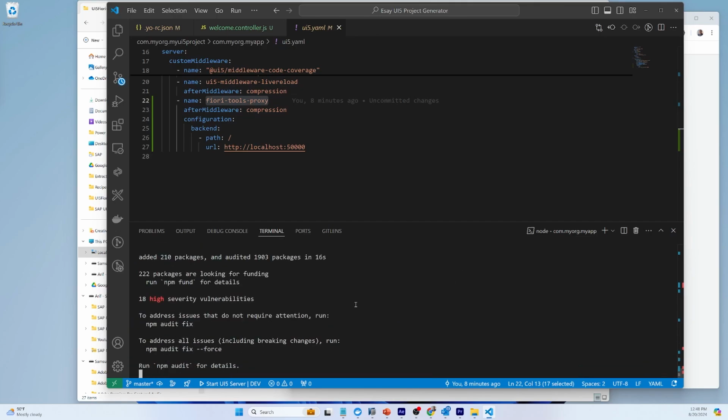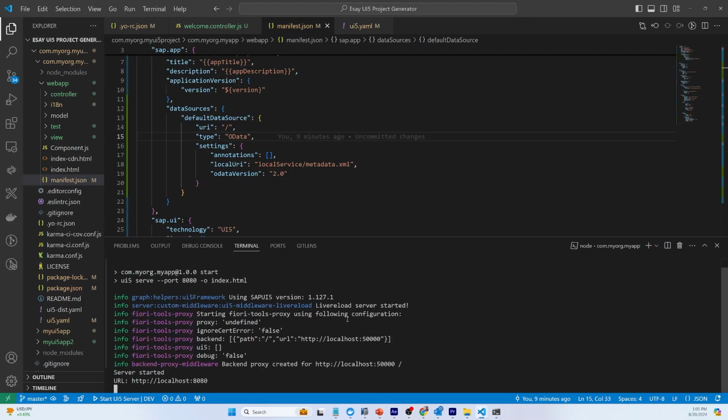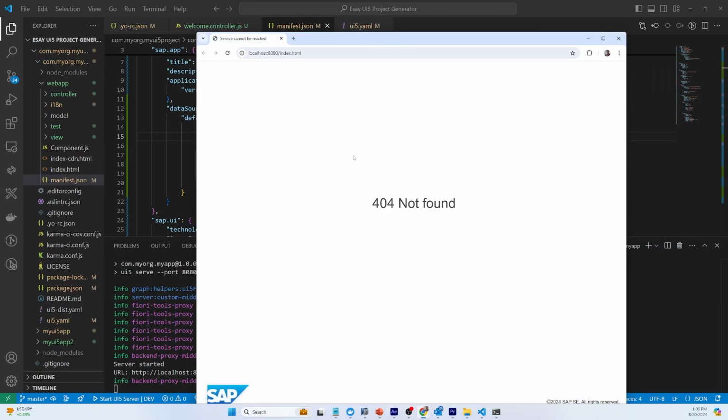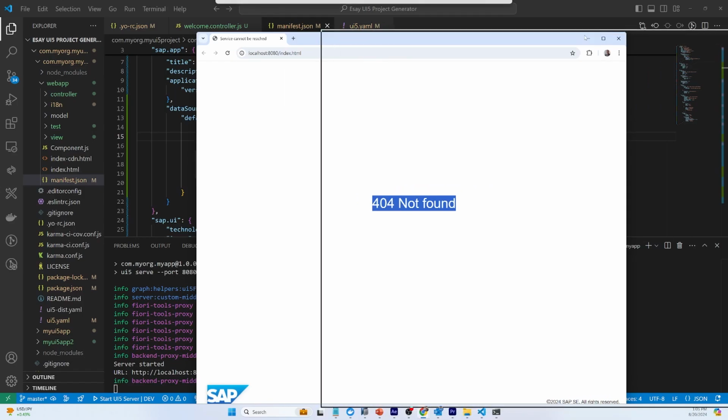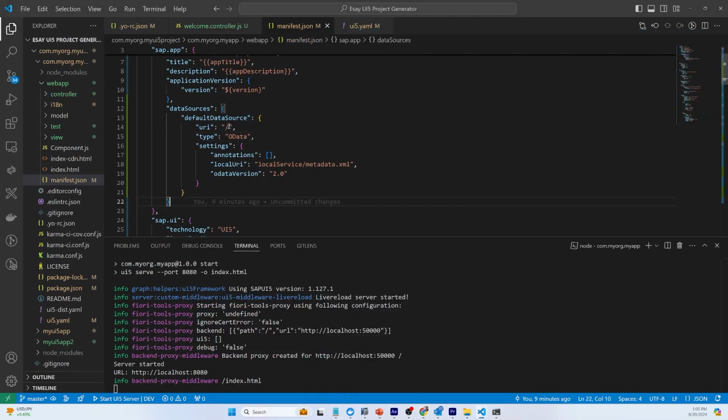It should not take this long. So if I check the service now and then start, let's check what happened now. Okay, it looks like 404 not found. That means that here,